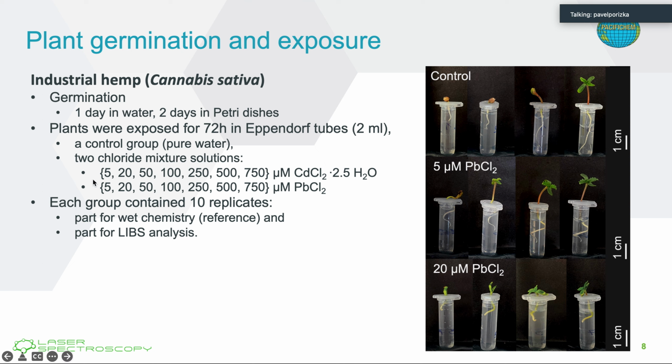As you can see here, we are doing a really wide range of contents, going from 5 to 750 micromole of those toxic metals or toxic salts. As time goes by, we are doing a 72 hours toxicity test, which is a standard way, and in 3 days the plant grows quite a bit. Then we collect all those plants, dry them, fix them to be on a flat surface, put them on some epoxy resin, and then we can do really nice